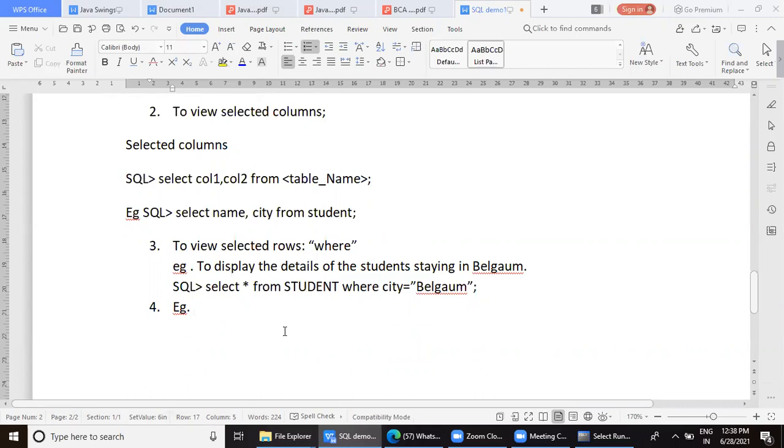And with numeric values, you can use all the operators like greater than, less than, etc. So I will just say to display the details of students not staying in Belgaum. So when I want students details who do not stay in Belgaum, so the command is similar.